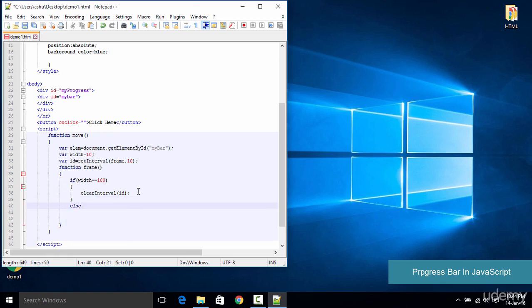And if the progress bar is not full, then we increment the width. So we type width plus plus, and also we type elem, which is nothing but this value right here. So this is nothing but the myBar. So elem.style. So as we want to access its style, we type elem.style, and within the style we want to access the width. So we type .width equals width